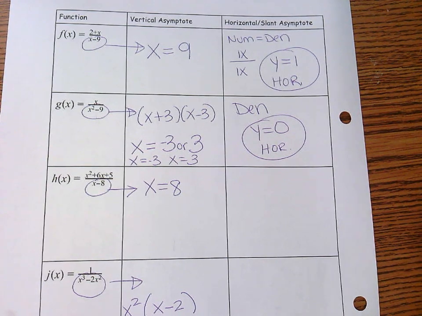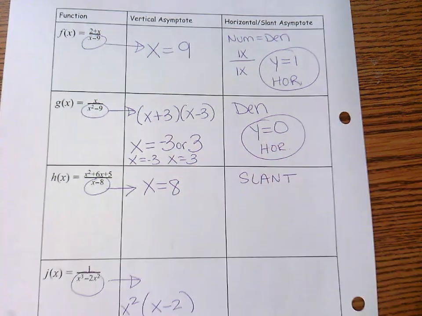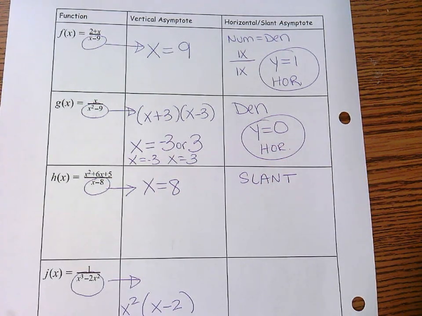The numerator is going to win in H. So I have a slant asymptote. So you're going to have to figure out your slant asymptote. This is a prime candidate for synthetic division, but you could also do the box method, long division. So I'm going to give you a minute to try to find your slant